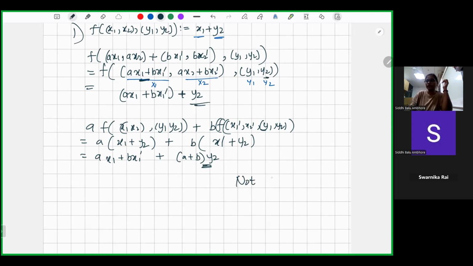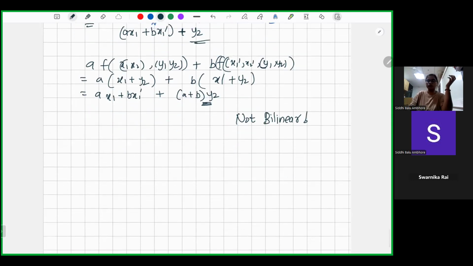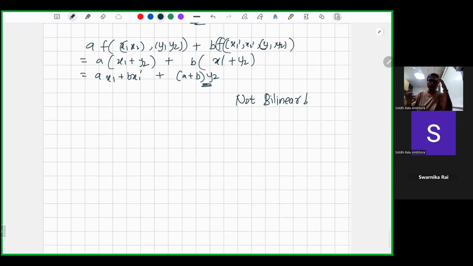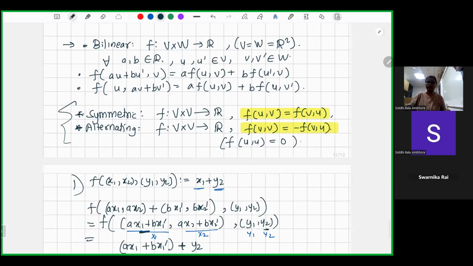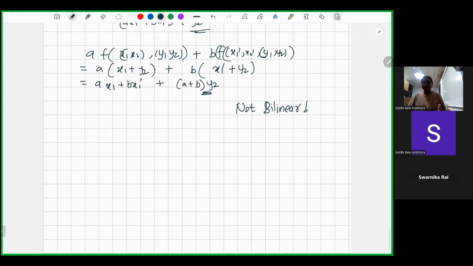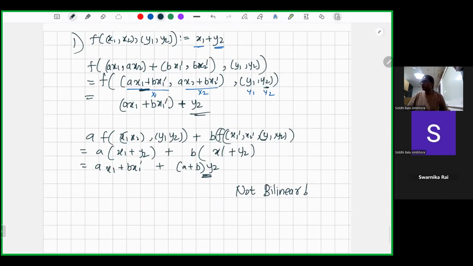And the moment we do not have it to be a bilinear map, we can't talk about it being symmetric and everything. These symmetric and alternating properties are properties of bilinear maps. So if something is not bilinear, we can't talk about it being symmetric or alternating. So yes, the first one was not symmetric. Second one,